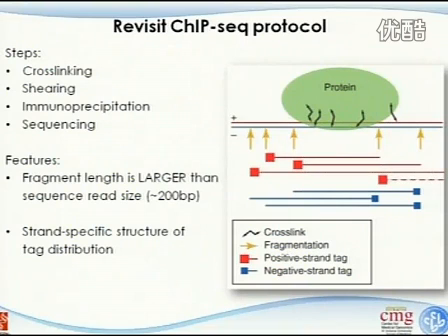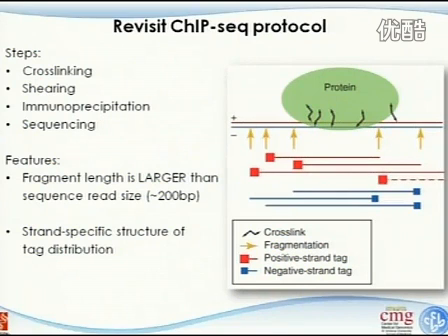And the second feature here is the strand-specific structure of the tag distribution, which means if you see there's a red line, that is the fragment from the positive strand, and the blue is from the negative strand. So we have a pretty much equal distribution of red and blue, right? But keep in mind, when we do the sequencing, we can only sequence the reads from the 5' towards the 3' end, okay? So once we capture this fragment, we can only sequence this end. We cannot sequence this end. The same thing, if we capture this fragment, which is on the negative strand, we can only sequence this end,